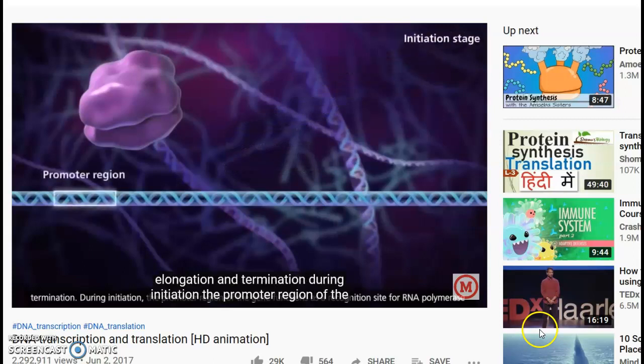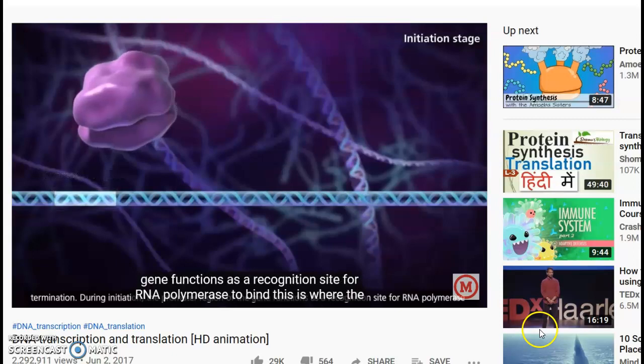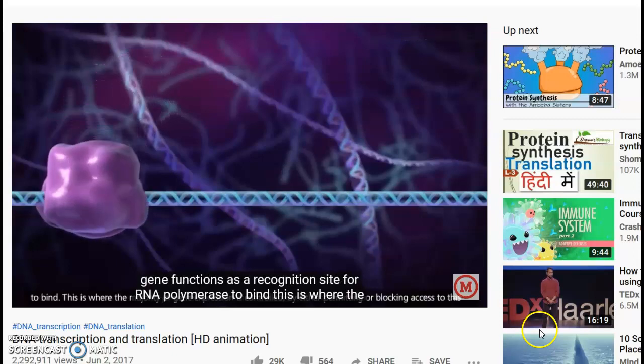During initiation, the promoter region of the gene functions as a recognition site for RNA polymerase to bind. This is where